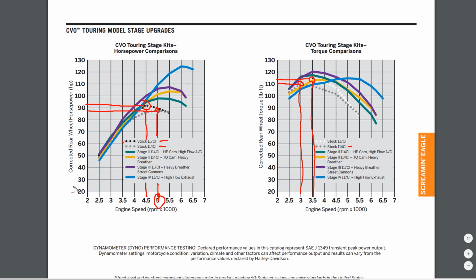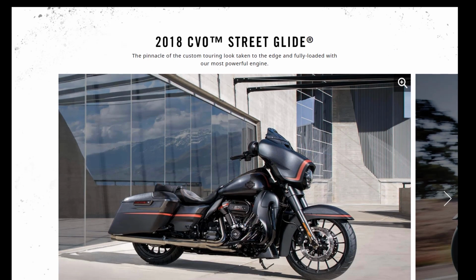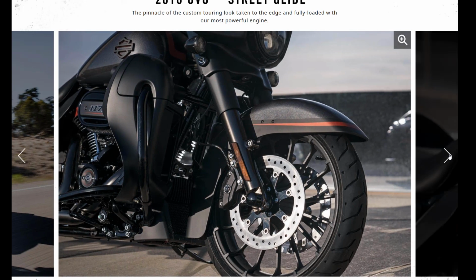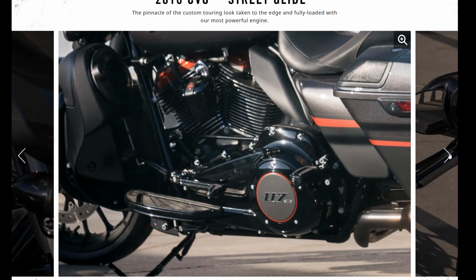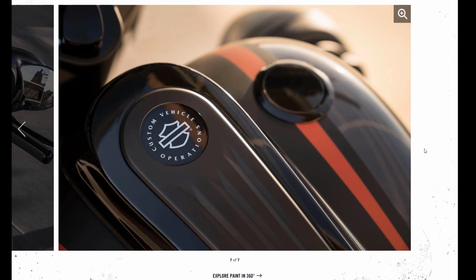And I will say too that the torque curve is a little bit flatter on the 117 as well. So you have that torque further along in the RPM range as well. So yeah, it's definitely better power on the 117. But it's interesting how, because of the cam differences, your max horsepower and torque are produced at different RPMs. So hopefully that gives you guys a little bit of an insight into how the power matches up. So here's some really clean shots, some nice photography found on Harley-Davidson.com of the motorcycle and